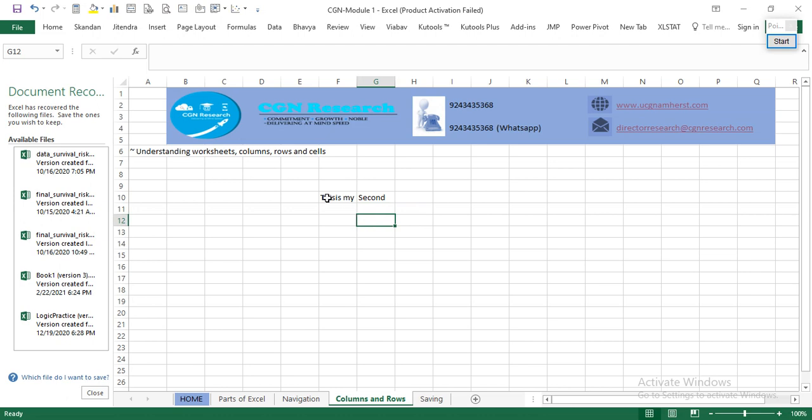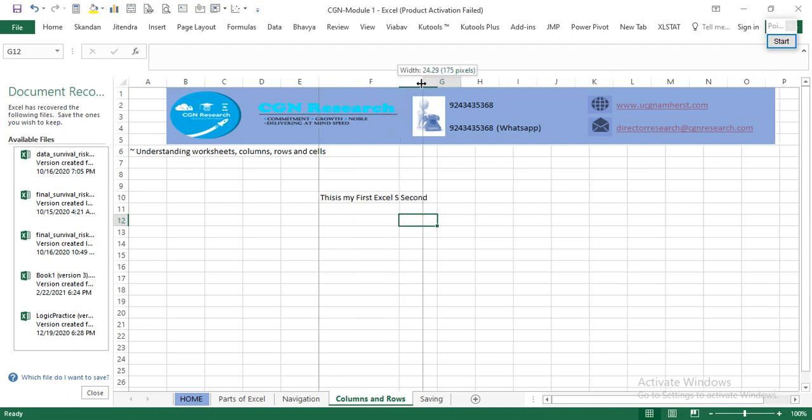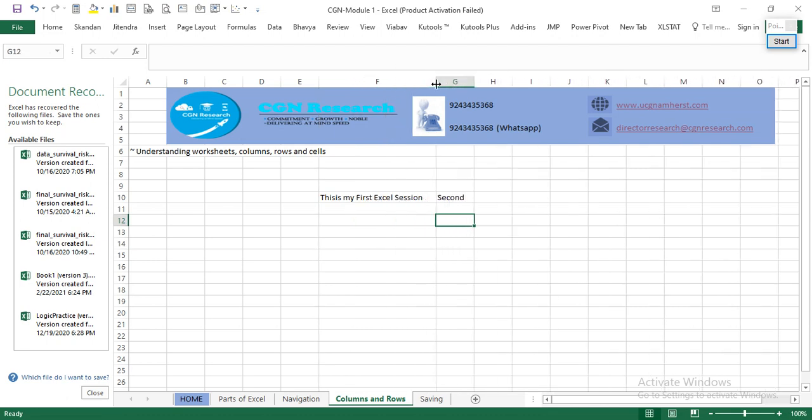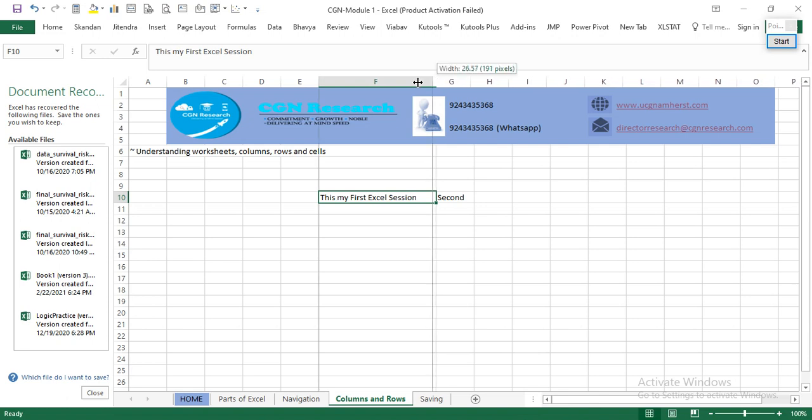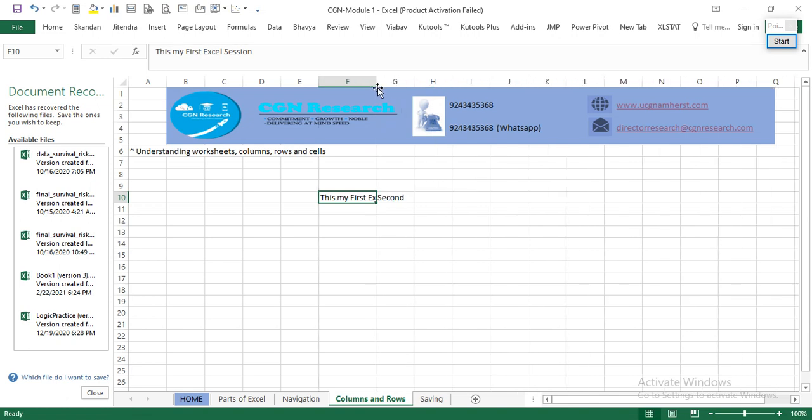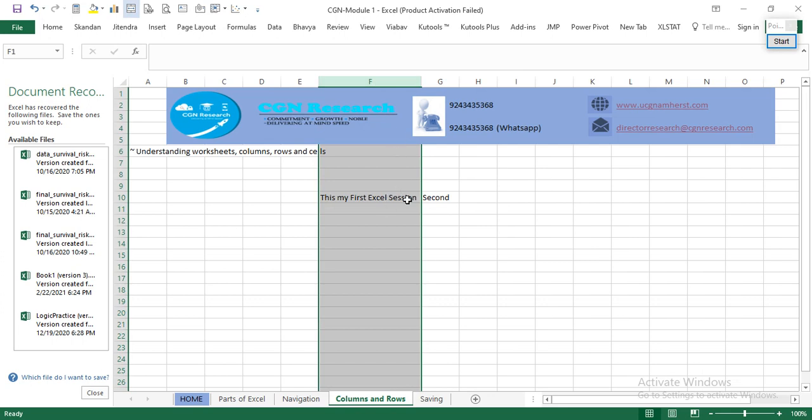Now you can see that when I do this and I put something else here, look at what happened to the thing that was there. So if I drag this, you can see the entire content of that particular cell. So this is how you can increase and reduce the size. If you click there, it will automatically go to the size of the text. Here, if you see, it will come back to essentially where the text is ending.